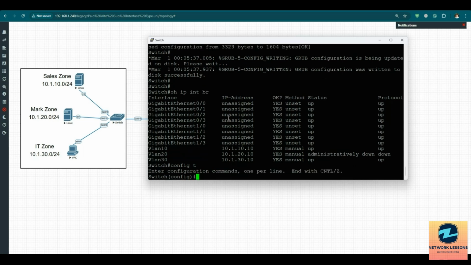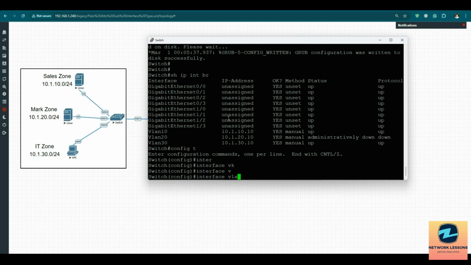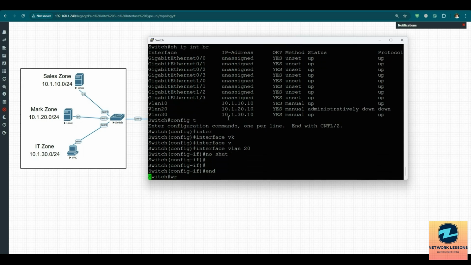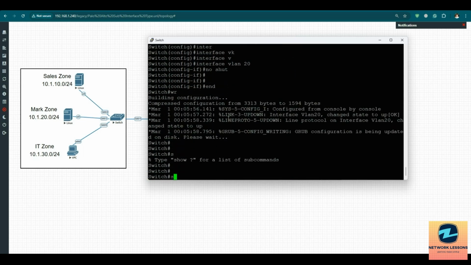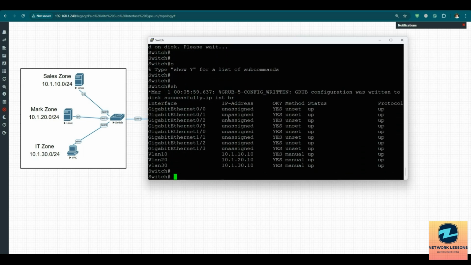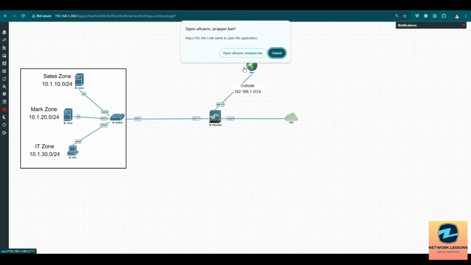20 is still down, so I go interface VLAN 20, no shut and write, and then I do a show IP interface brief here, and I should see all the interfaces up. Now let's go to each end host,